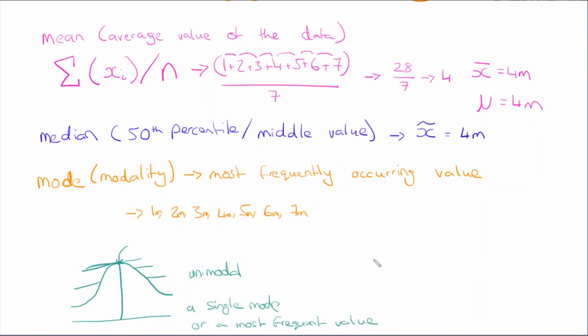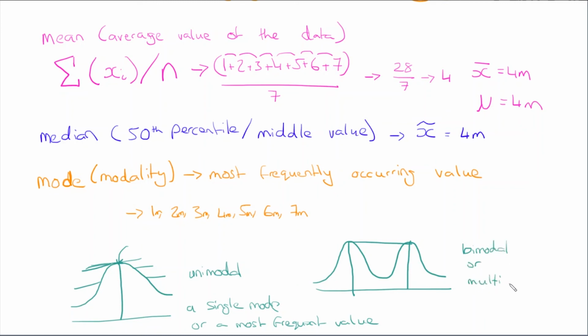But what if we had multimodal data? Let's say you didn't have a normal distribution anymore. You had this. Well, this is a totally valid set of data, but this mode and this mode could be equal in height, and let's say that they are. Well, you would say that this is bimodal or multimodal. It has more than one mode. Now, it is possible that this could still be unimodal, but we're assuming that this value is equal to this value. It might not be, but in this case we're making that assumption. And if they weren't equal, then it would be